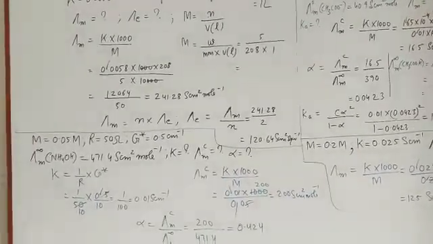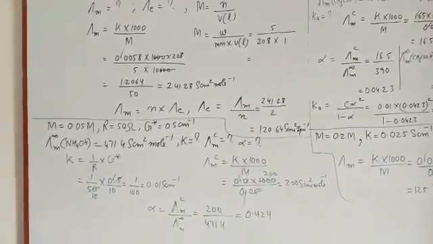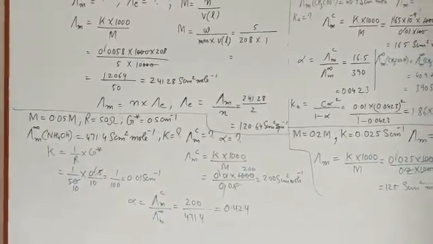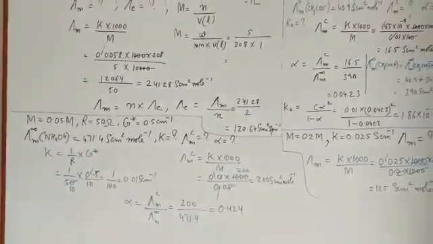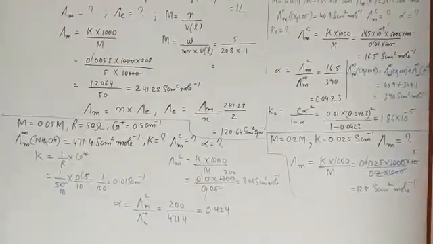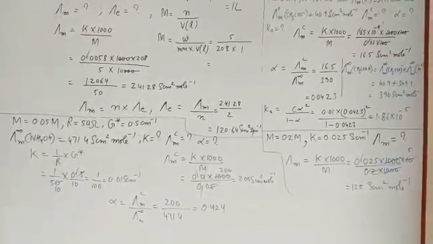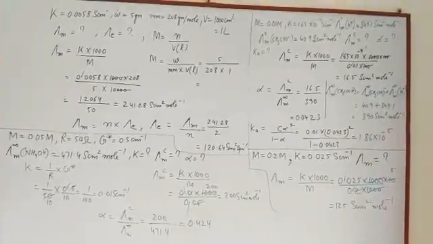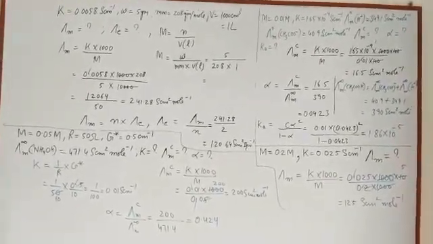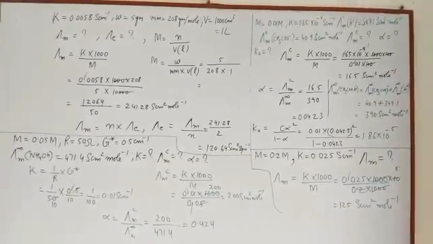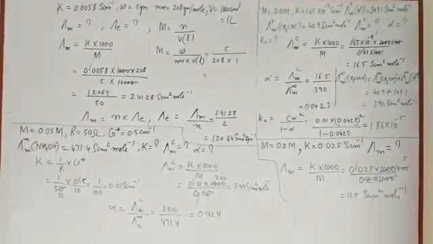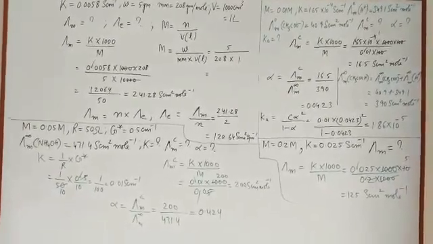Then the relation between the molar conductance and equivalent conductance is as follows. Molar conductance is equal to N into equivalent conductance, or equivalent conductance is equal to molar conductance upon N. So molar conductance we have calculated as 241.28 divided by 2, since 2 is the valency of the cation, Ba2 positive, barium. So accordingly the answer is 120.64 Siemens centimeter square equivalent inverse.